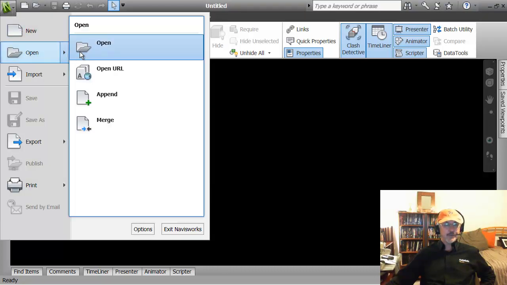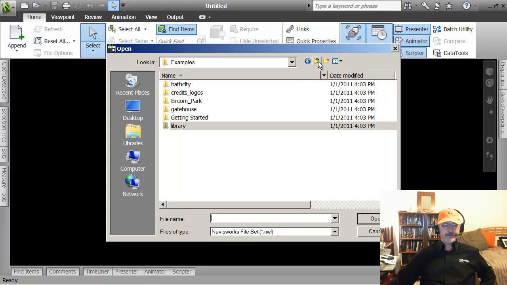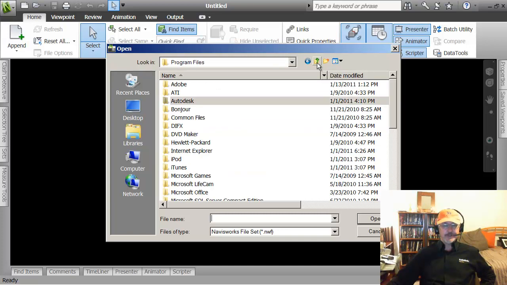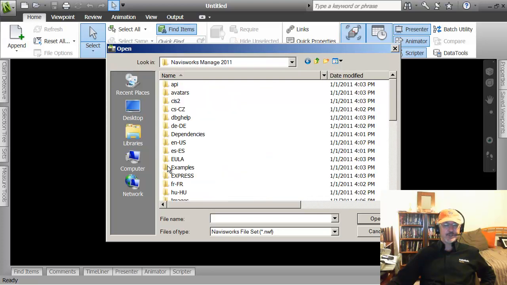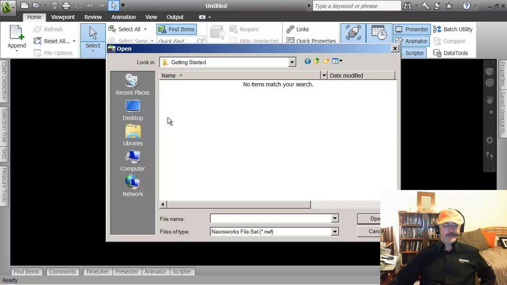If I go and say open a file, what I want you to do is look under that examples folder. Let me just drill back so you can see exactly where it was. It was on the C drive, Program Files, Autodesk, Navisworks Manage, Examples, Getting Started. And if it appears like you can't find anything, it's because